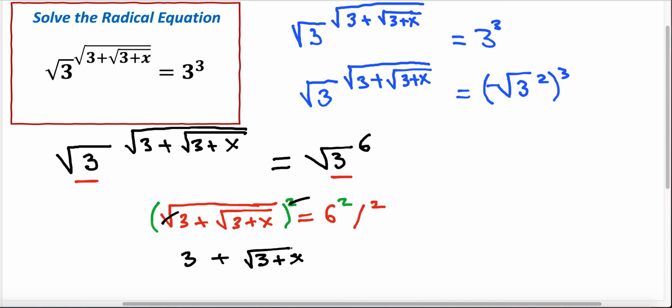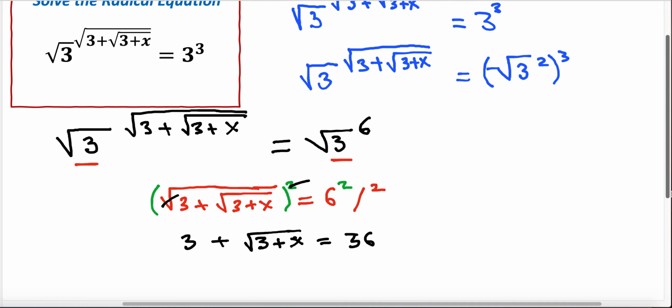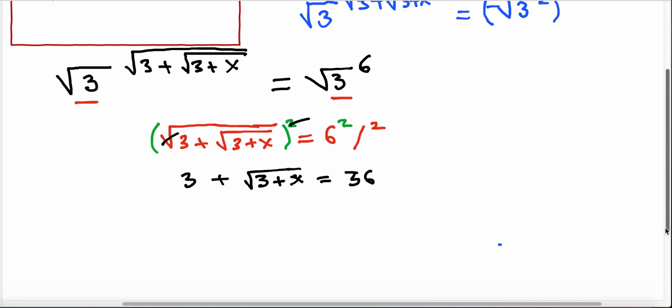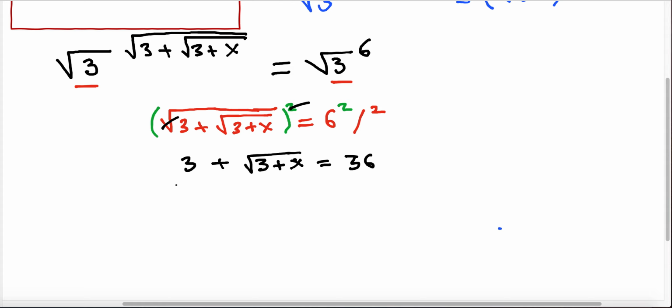And on the other side, 6 squared is 36. So this is what it is. So now let me go a little bit also. And I'm going here minus 3 both sides. Minus 3 on this side and minus 3 on this side. So these two cancel, same quantity with opposite sign. And what remains on this side is only square root of 3 plus x